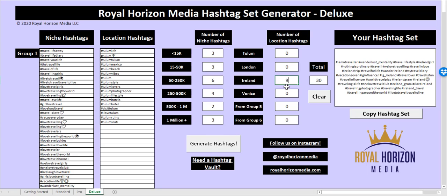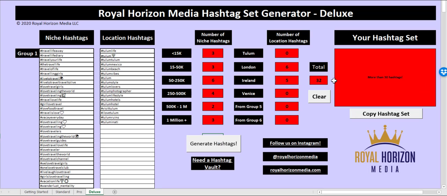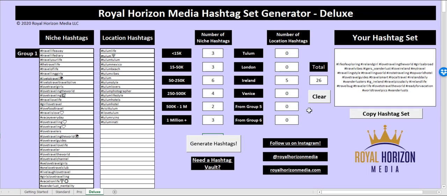You could combine these into multiple locations. Per location doesn't really make sense, just kind of showing that you can combine up to the 12 groups. And same as the other ones, if you do go over the 30 hashtags, you'll get the error message and everything will highlight. You just have to drop that down underneath and hit generate again, and it will start working.